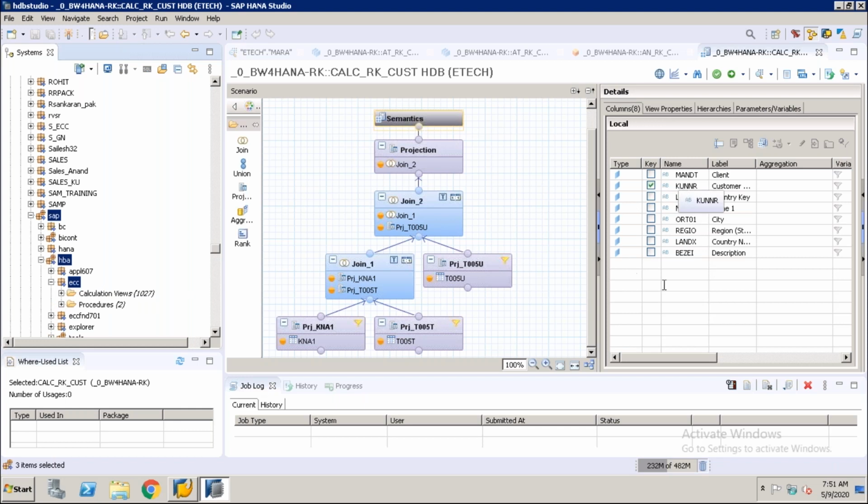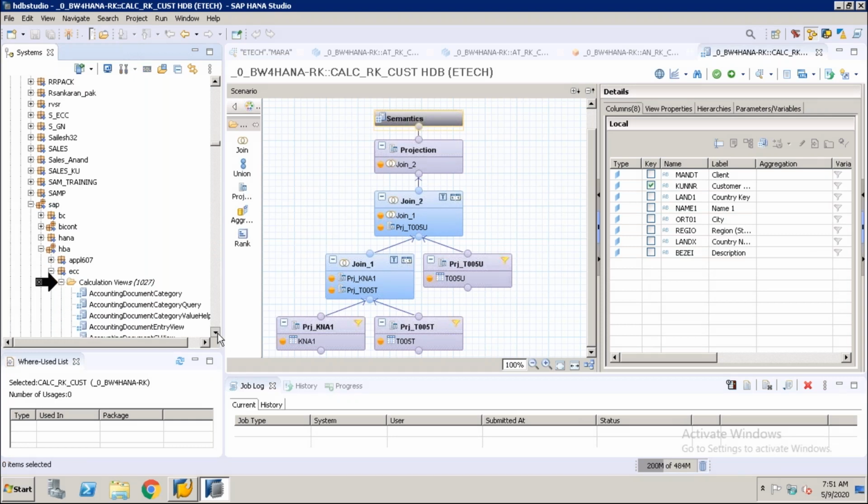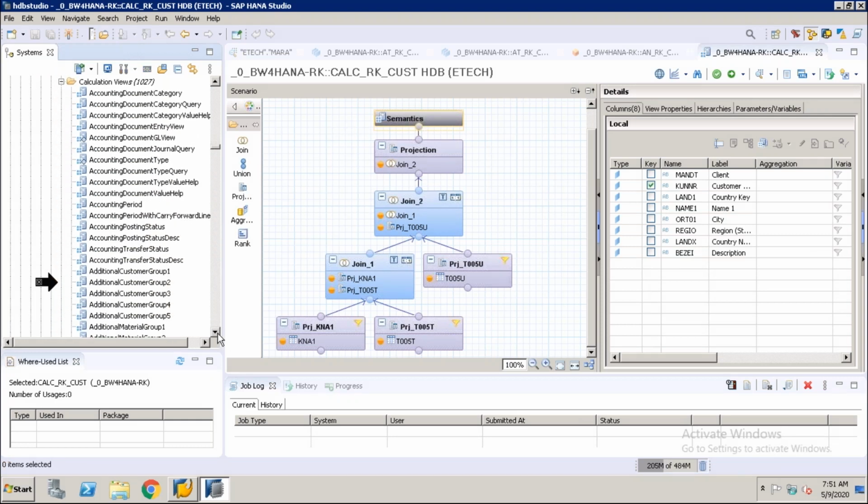Okay, so the predefined content offered by SAP in the SAP package with the HANA Business Analytics. You also have the BI content for the BW on the HANA, or if you're working with the ECC, you have ECC or CRM, SRM, whichever is installed by the administrator, the Basis, you'll have the relevant access. So in our training system, we have over 1,000 ECC virtual data models, or the HANA views, which are offered as a predefined content for master data and also for transactional data